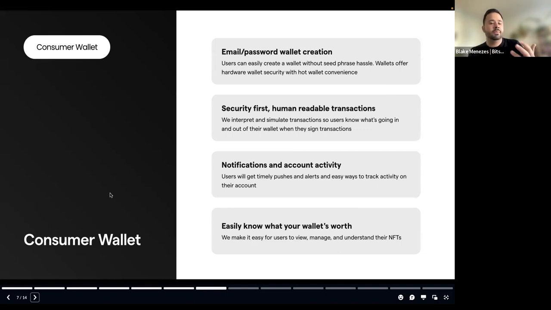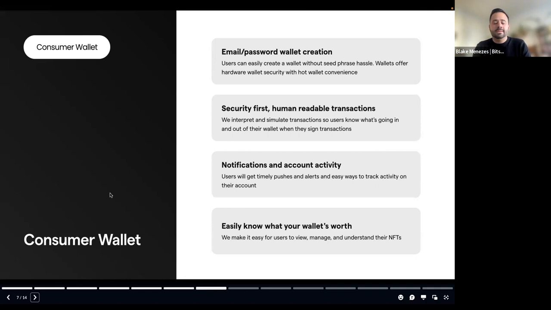Today we're going to talk about the Bitski wallet, but I do want to call out that there is a large ecosystem of wallets, and I would be the worst person in the world if I didn't say there are plenty of other wallets out there that you should explore, play with, and find what's right for you. I don't want this to just be a Bitski commercial. If you have any questions about other wallets, I'm happy to send you a bevy of links. Every wallet's different.